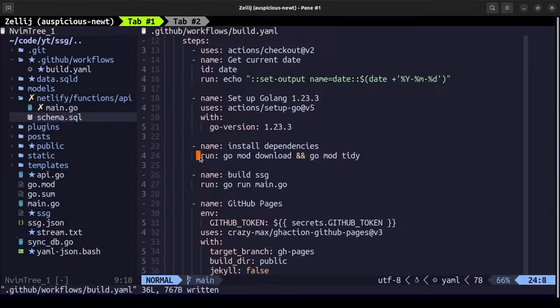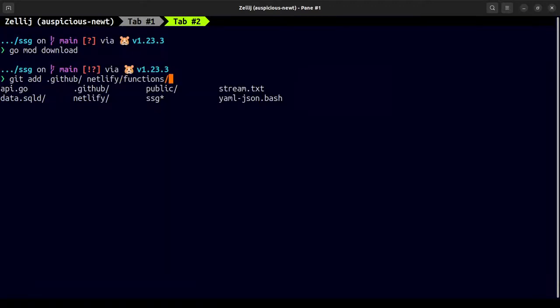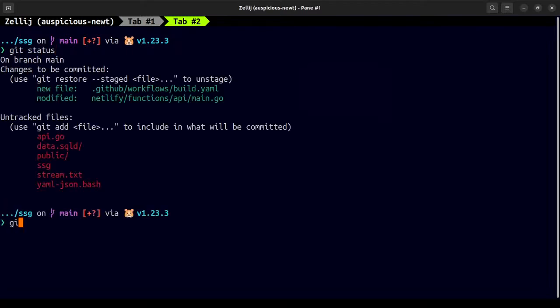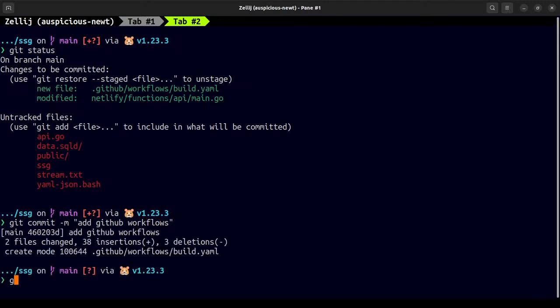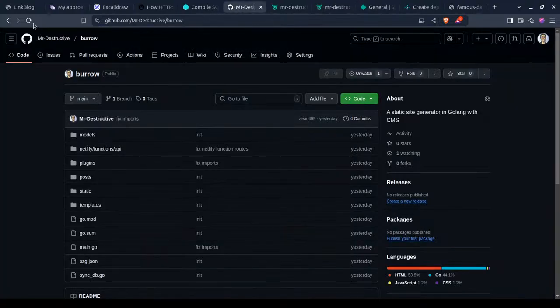We'll just save this and let's push this thing. git add .github and I've changed the netlify file, right? Yep, these are the changes that we made. So the rest of them are not related to this. So let's commit this, add build workflow. Once that is done, this should trigger a build workflow,